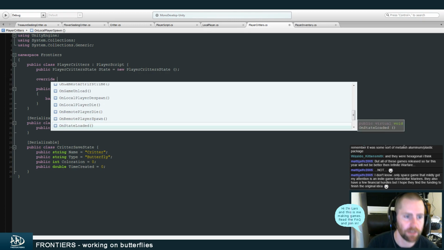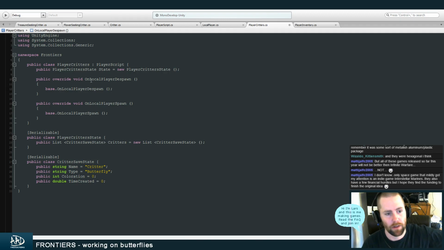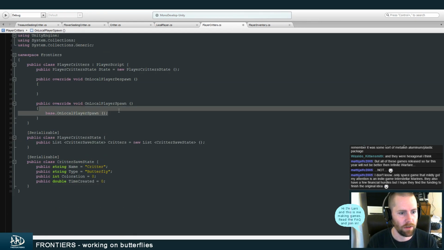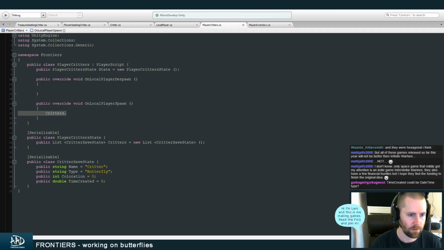I don't think I need to do anything else. If we just create the critters when we spawn, no, when we despawn, we want to despawn the critters too, because then we don't want to just leave it hanging out there. We want to despawn it and then spawn it again wherever we respawn. Okay. This is empty, right? Yeah. So that should be the only stuff we need. When we spawn, we're going to tell...